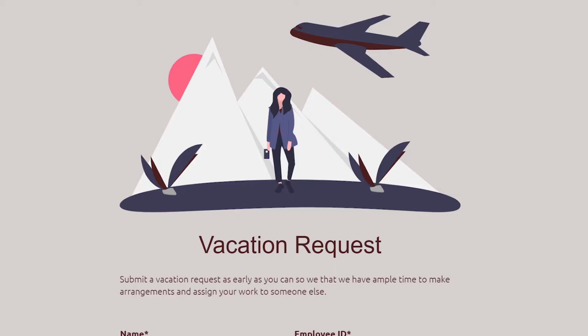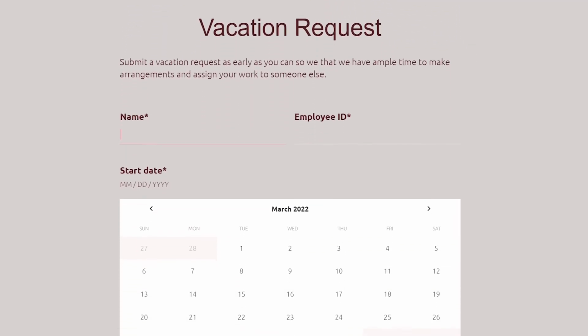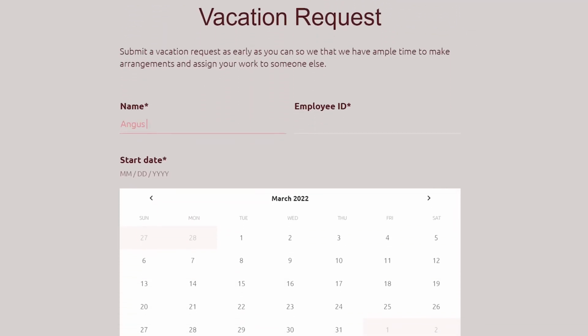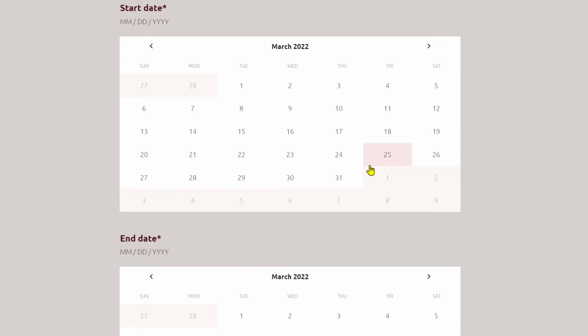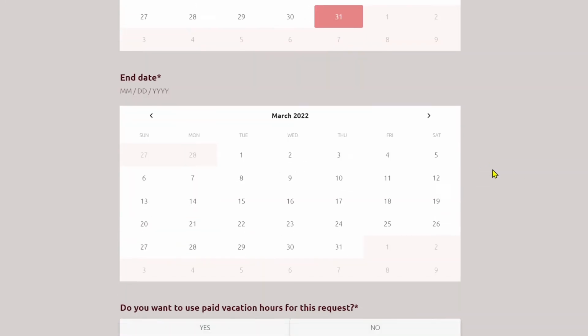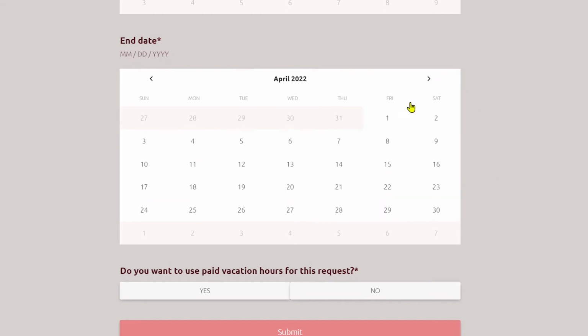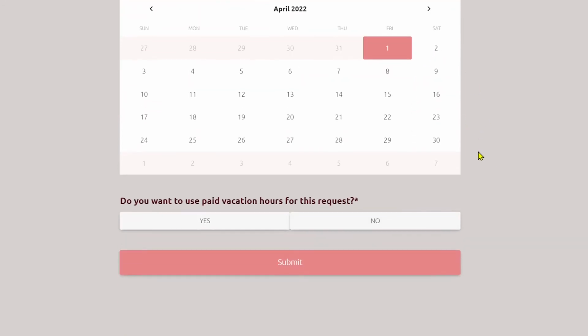Here, we can see I've used Paperform's vacation request form. When an employee lodges their request, I want to notify the correct team member through Slack. So let's look at how we can achieve this. Please note that before we set up the integration, we will need to run a test submission on our form. This is so the integration can test real data.